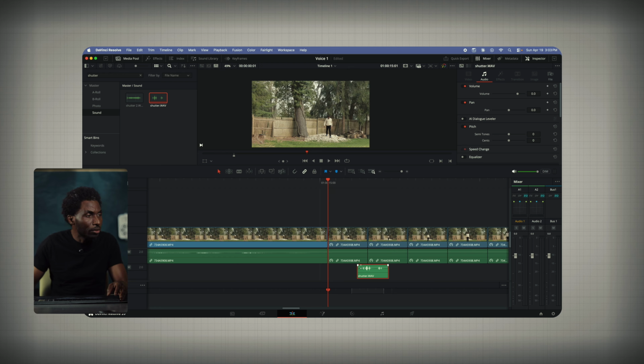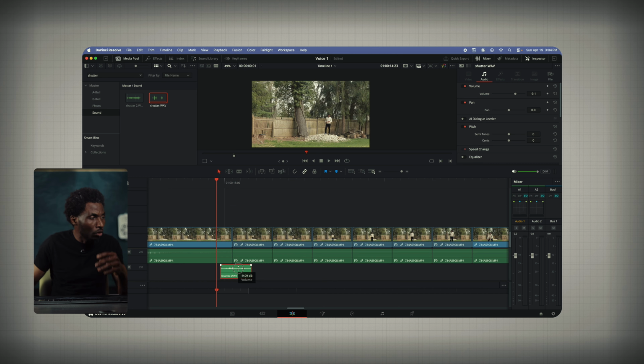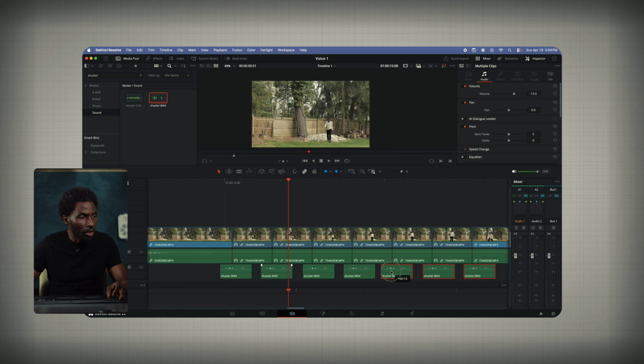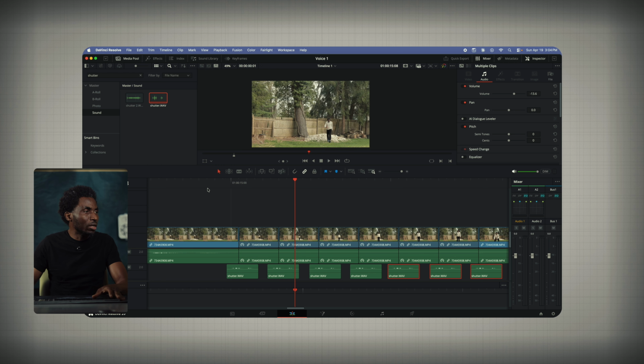I'll put one here. Before I start duplicating it, the volume of that thing, you really don't want it to be too loud. So I'm going to reduce that a little bit. So I like that level. And then I'll put another one here, maybe put another one here. And then I'll just copy and paste them. So if we play it back,